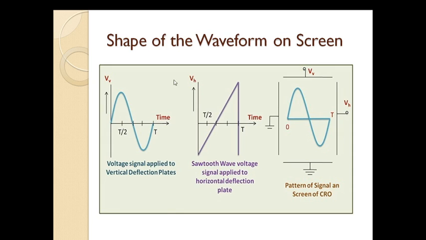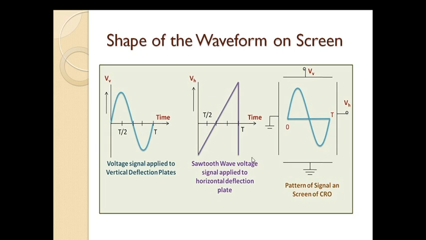So the signal that you want to display on the screen of the CRO, on which the measurements are to be performed, like this sine wave, is given to the Y plates. So it will create a vertical deflection, a vertical line on the screen of the CRO. Then on the horizontal plates, we will give the sawtooth wave through the time-based circuit. So the signal to be displayed going to the Y plates, combining with the sawtooth wave going from the time-based circuit to the X plates, the combination will yield the sine wave, that is the desired wave on the screen of the CRO.